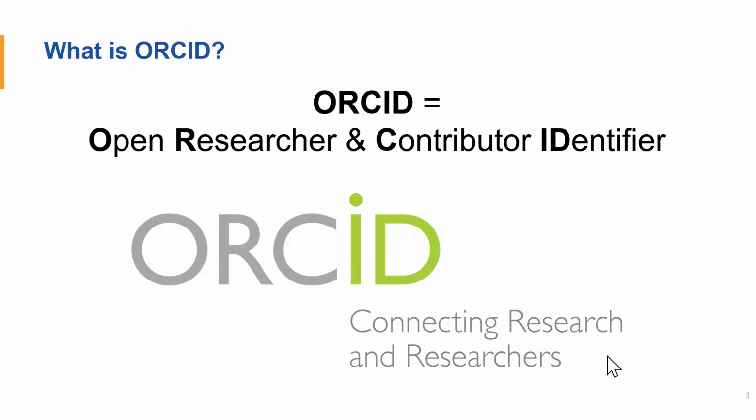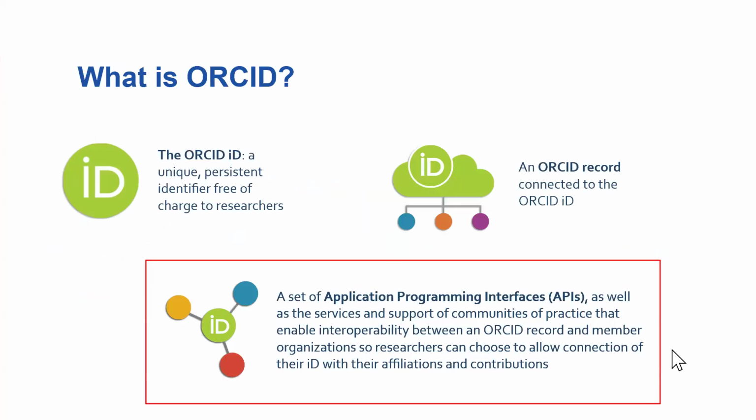ORCID stands for Open Researcher and Contributor Identifier. ORCID allows for connecting researchers with organizations across the globe. There are three components of ORCID. One, the ORCID ID, which is the free 16-digit identifier that is unique to a researcher. Two, an ORCID record with information similar to what you would find in a CV. And the third component is the Application Programming Interface, or API, that enables interoperability between the ORCID record and the